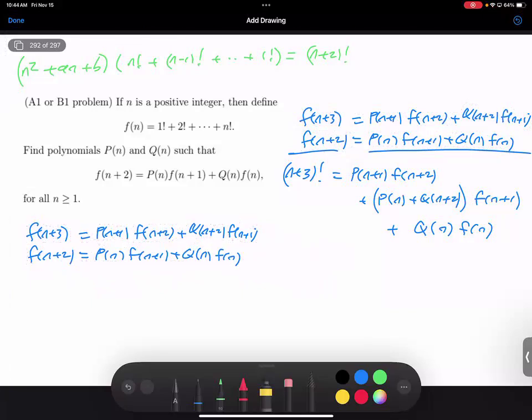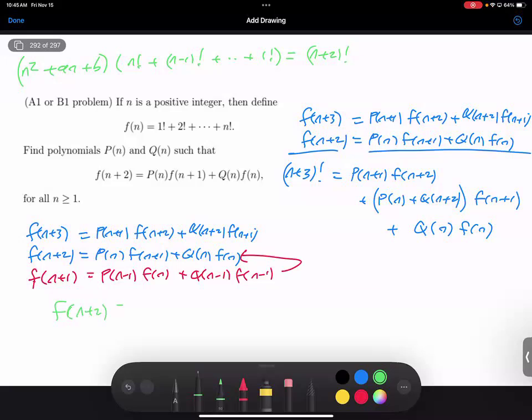The next thing is, rather than going up, we could have gone down. We could have had fn plus 1 would be pn minus 1 fn plus qn minus 1 fn minus 1. And maybe we keep going all the way down until we get to an f of 1. And so we could substitute in fn plus 1 above. And if we substitute, this would yield